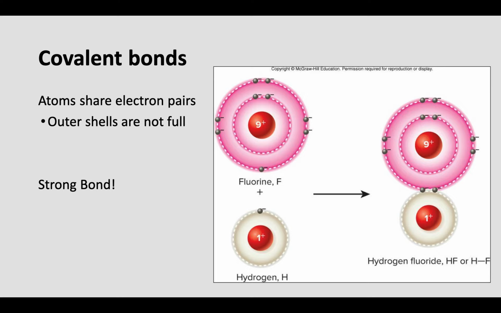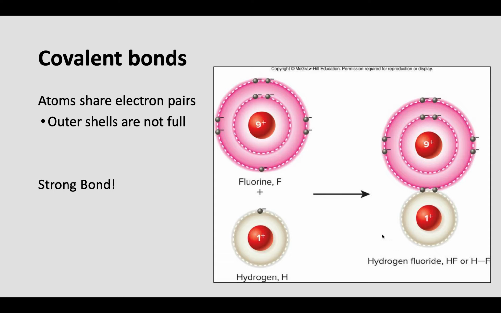All right, so if the outer electron shell is not full, we can form a bond with another atom. All right, and this is going to be a very strong bond. All right, so covalent bonds, very strong. They're each kind of sharing an electron with each other here. And that's because when these outer electron shells are full, this is when the atom is the most stable, right? Generally speaking. So these atoms, they like to be stable, all right? So they're going to form bonds with other atoms to become more stable.